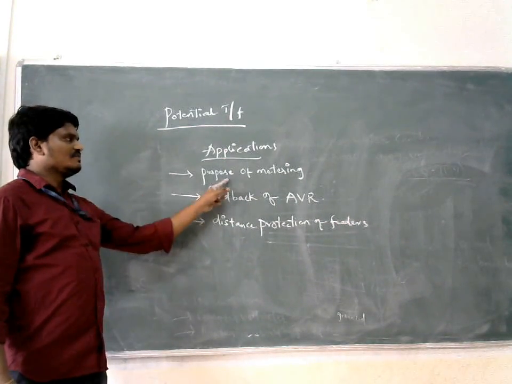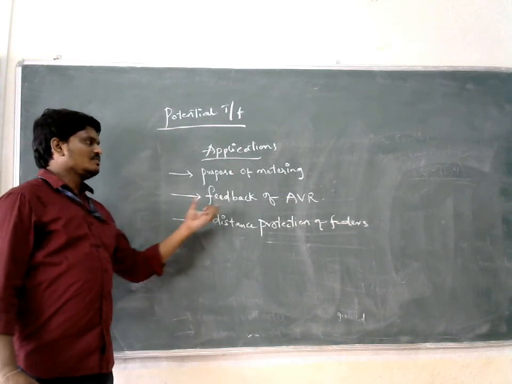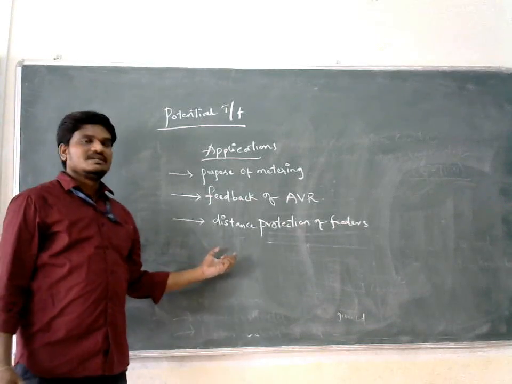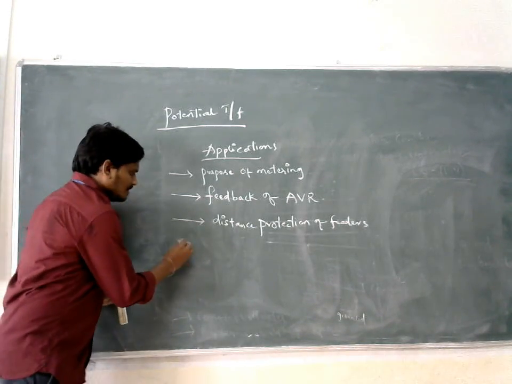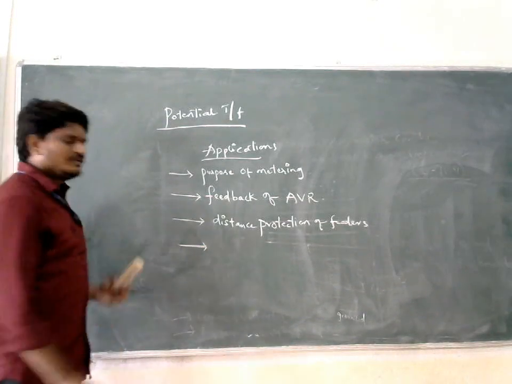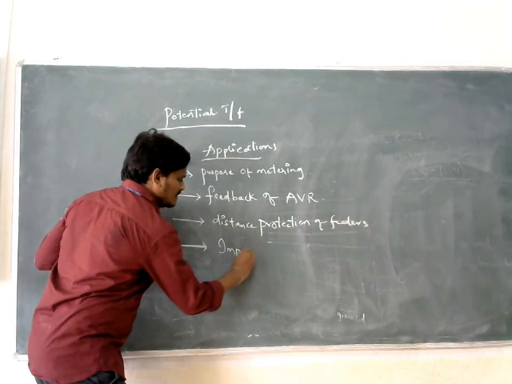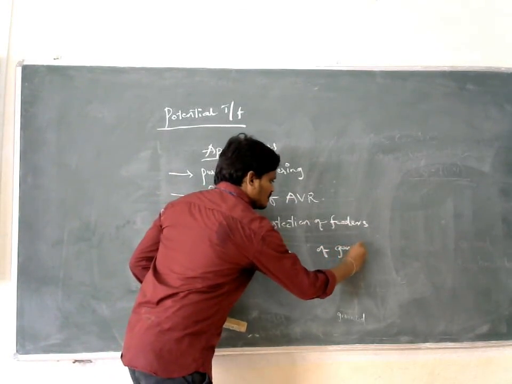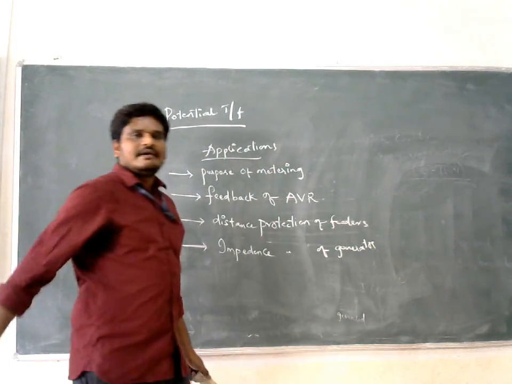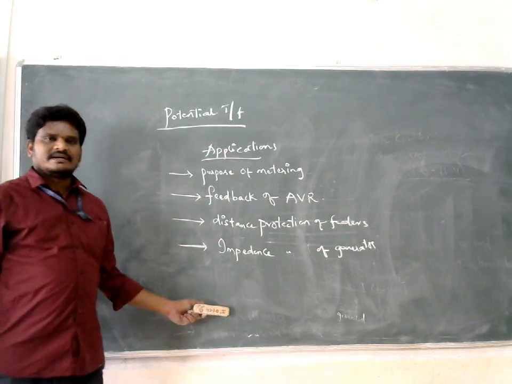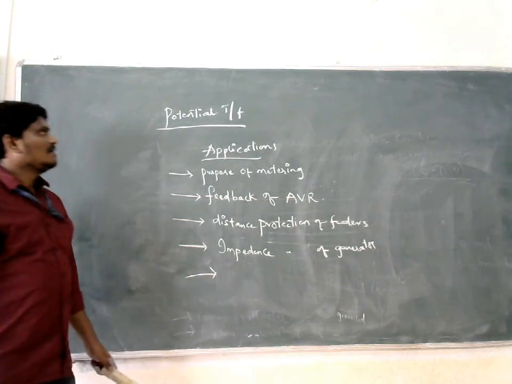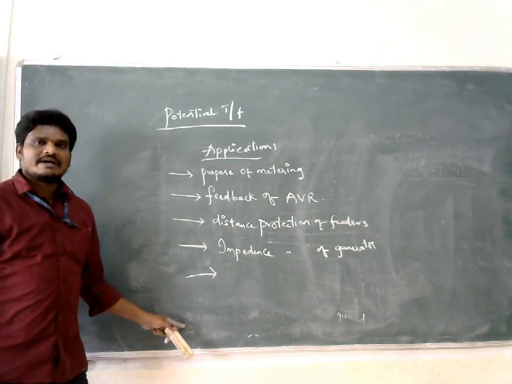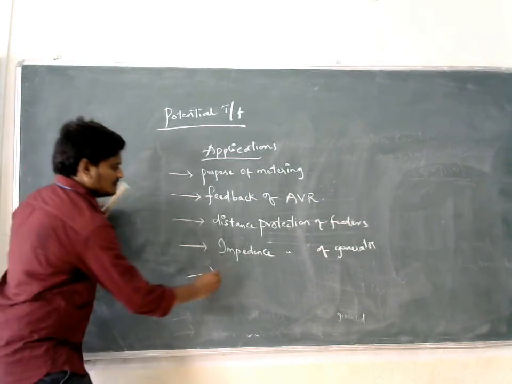Potential transformers are used for the purpose of metering. It can also be used as a feedback of AVR. It can also be used for the purpose of distance protection of feeders. Coming to the next application, it can also be used for the impedance protection of a generator. Next point, the main and major application of a potential transformer is that it is required for the synchronization of a feeder